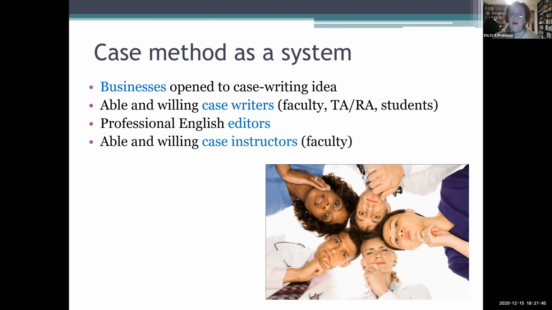We also have able and willing case instructors. Maybe those instructors who had previous experience in business would also like to bring some of that experience into the classroom. And we have able and willing case students, students who are interested in the challenge of writing a case. So we have everything. We just need to have a project champion. No project actually starts by force. In my personal opinion, I don't like to start any project by force. I'd like to have a project champion, and this project champion organizes everything.